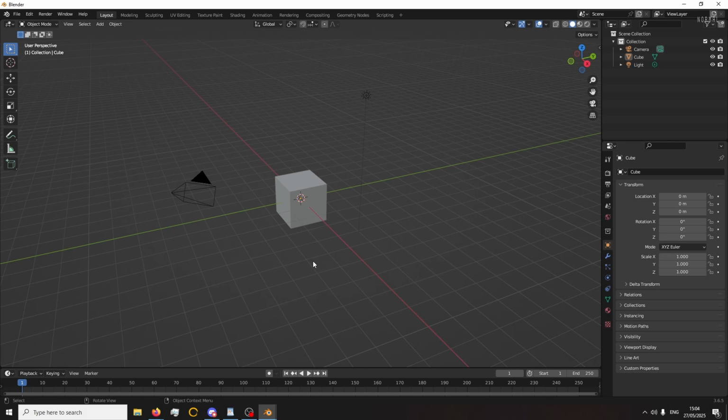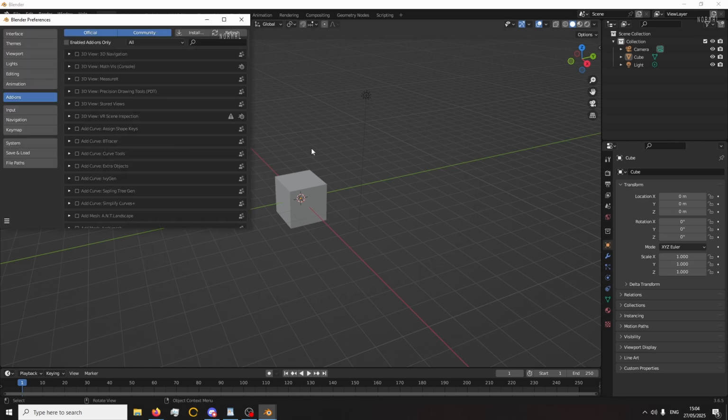Yeah, I know it sucks, but it has to be done. To help with the re-topology process, we're going to be using a few different tools. One is going to be called B-surfaces. So if you go into your preferences,